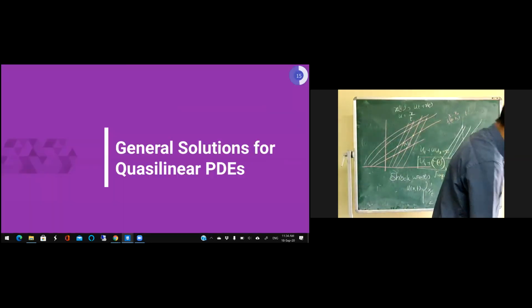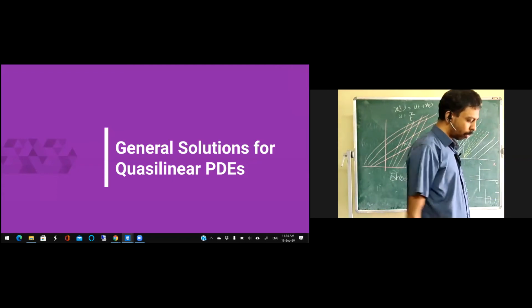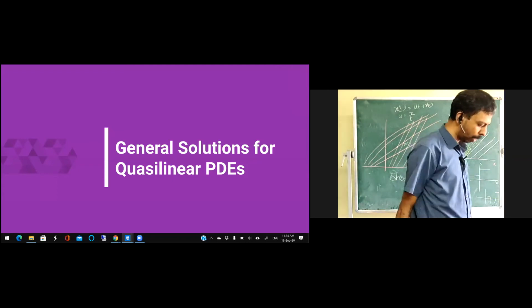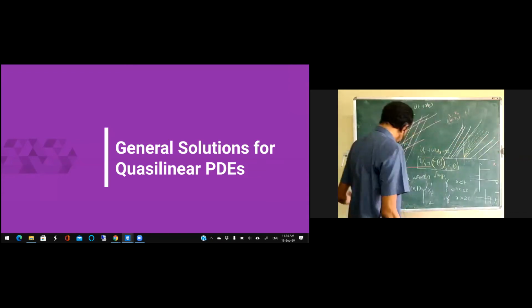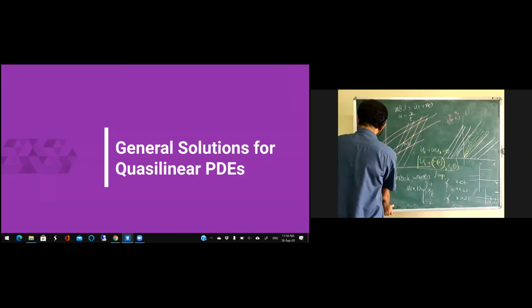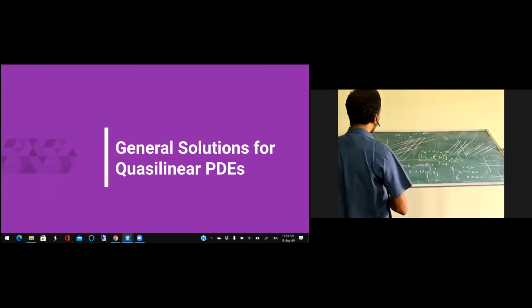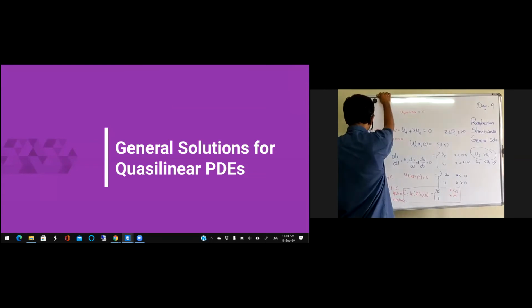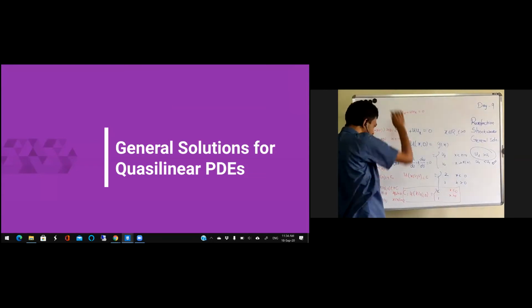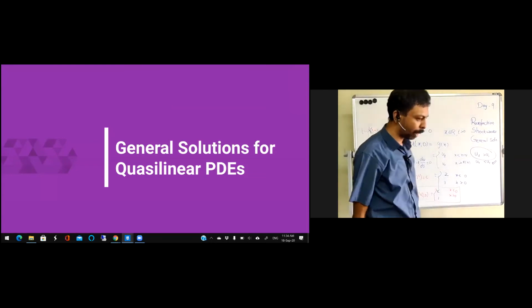Okay. Now we'll go to one more theorem, and because this is also part of your assignment, I'm just giving that. You can solve this using the techniques which I'm going to give. Mostly what we have solved is we have just tried to find a characteristic curve, and then from that we try to solve. Now there is another concept called first integral.